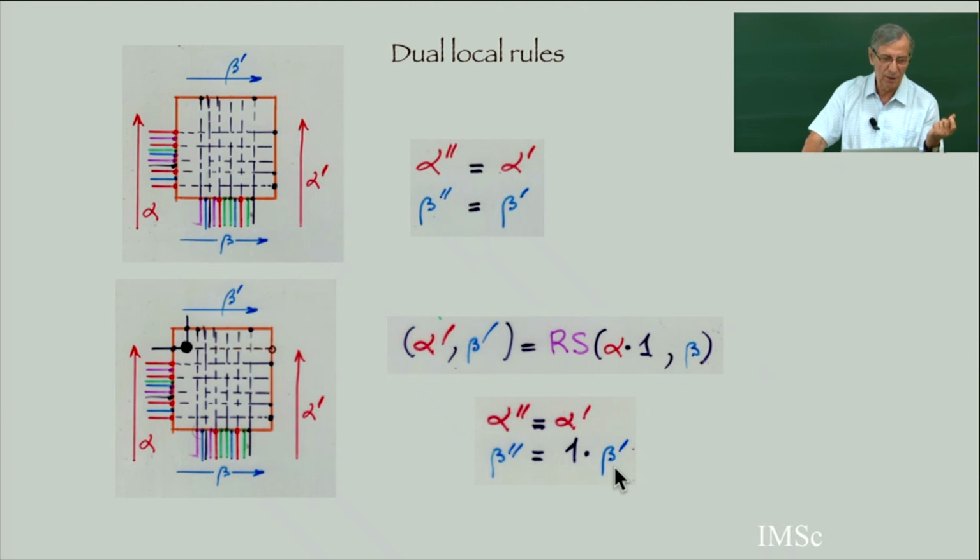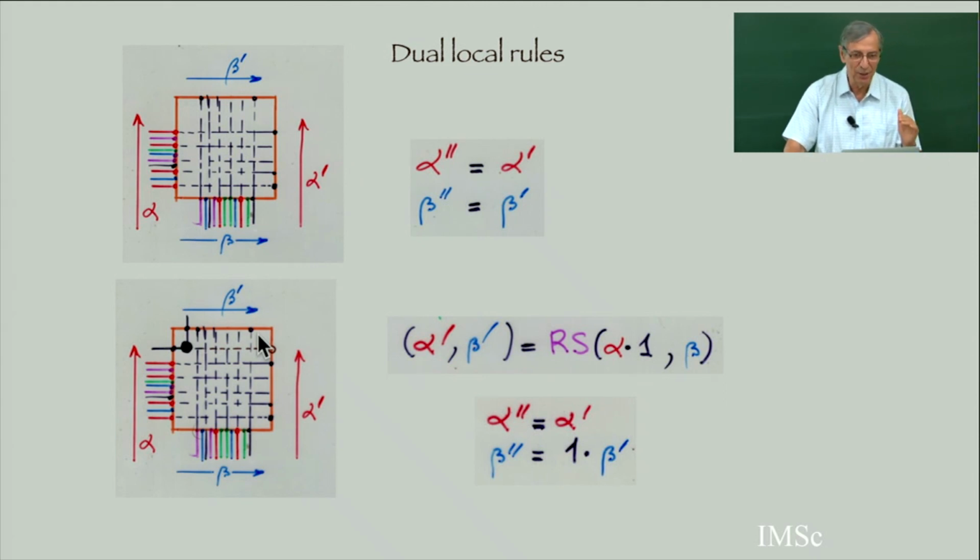So I think this is a rewriting rule for the dual RSK. But you can ask why not put, there are 4 different cases. I can put my black point here, which was the case before, increasing in row and column, but I can put it here, or I can put it here. So there are 4 RSK. Yeah, so you probably get the Burge correspondence. 90-degree rotation, yes. I have to think about the Burge correspondence. There are 4 different cases.